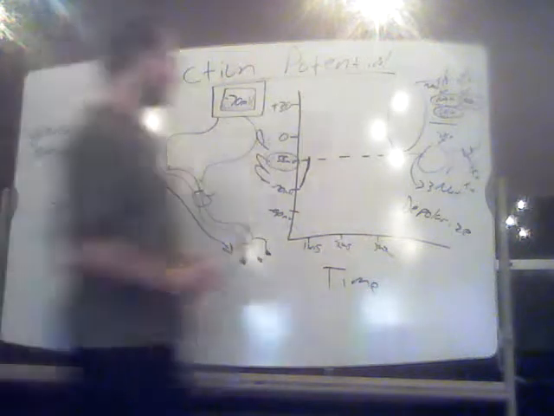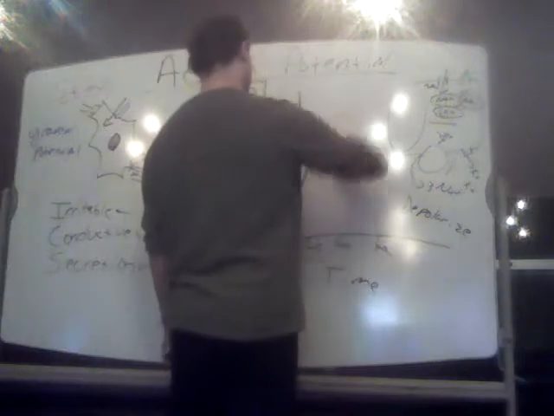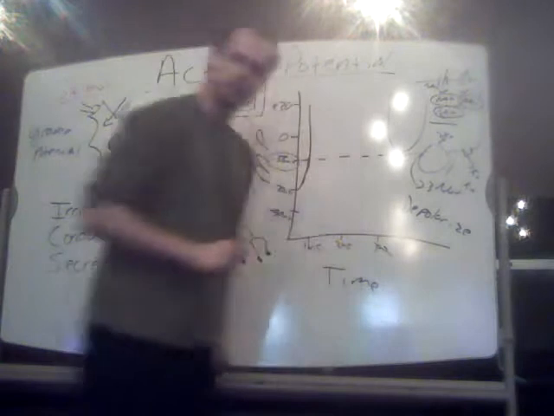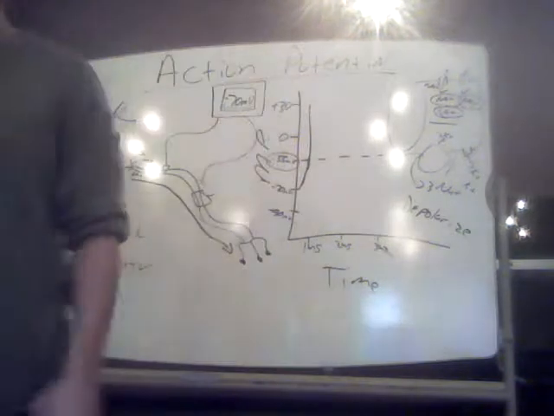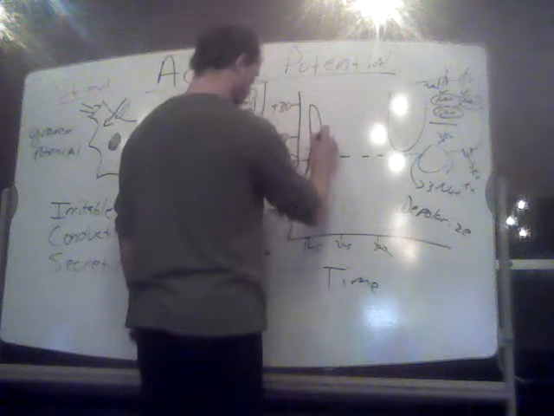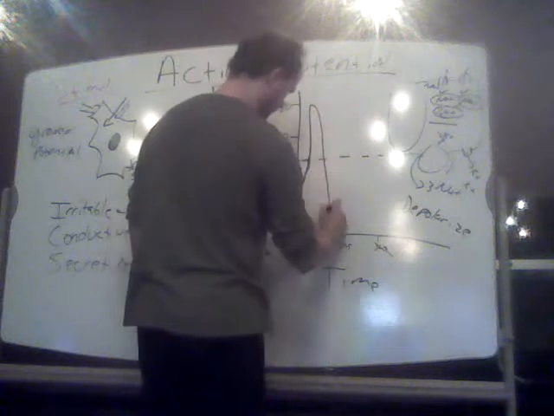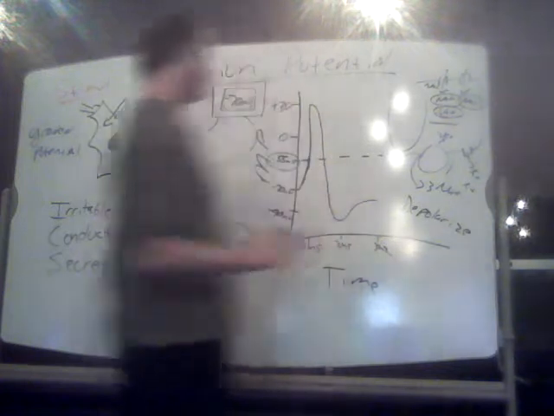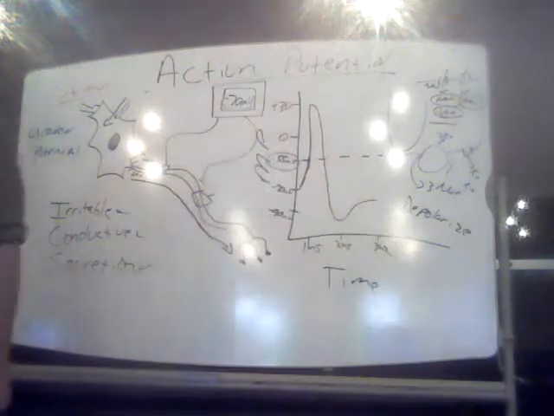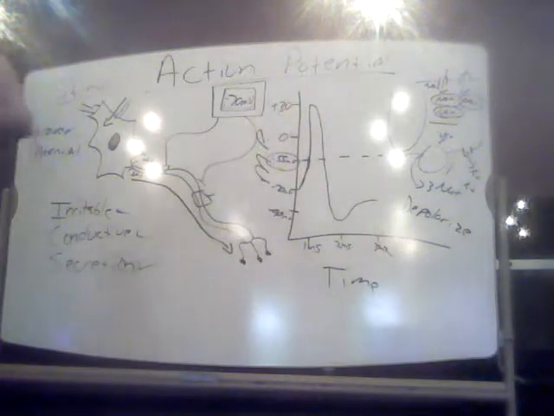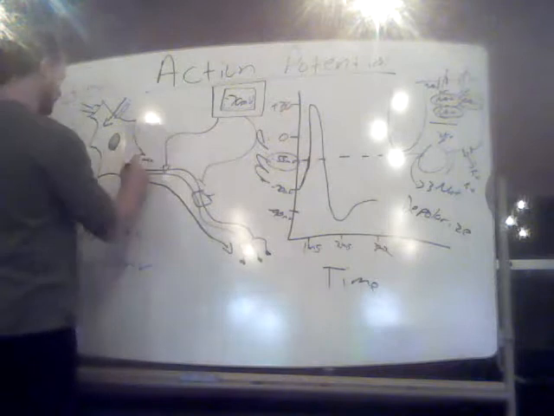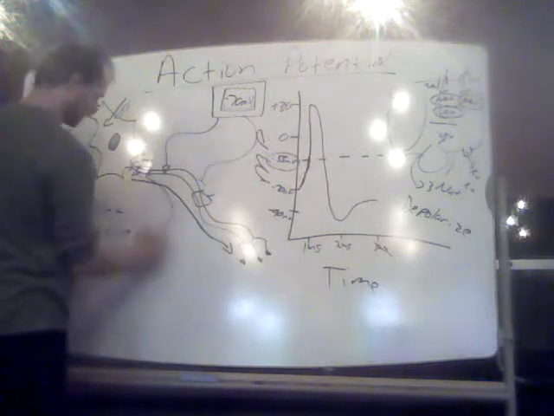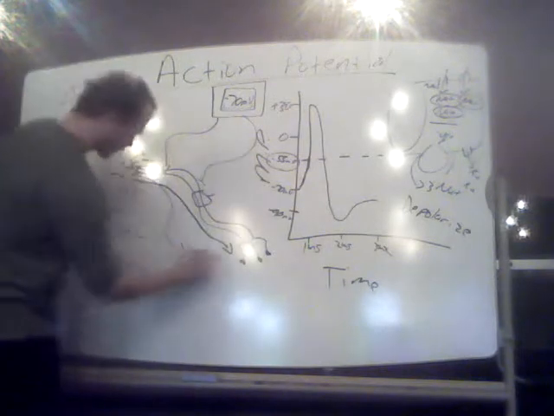Then what you're going to see, if you were to graph this out, is a big up spike, and then very quickly, almost as quickly as you see the up spike, you're going to see the down. It's going to look kind of like this. So what's going on here? If I look at this little area of a neuron right there, what's happening